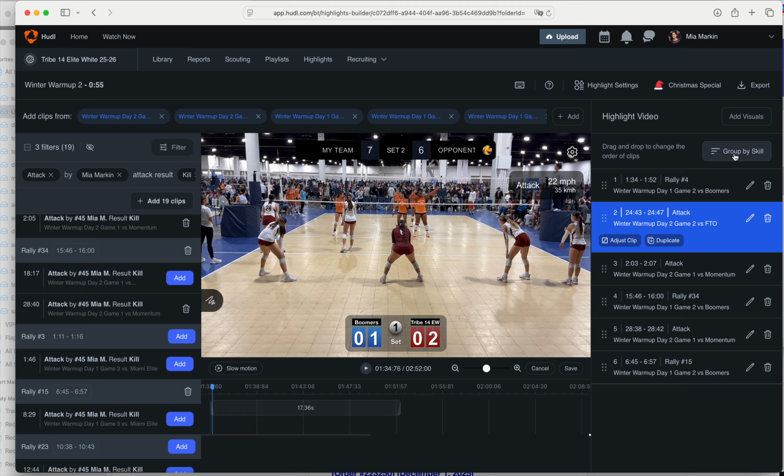Hudl will also, if you click this button, group it by skill. So they'll take all the attacks into one section and all the blocks or aces or whatever else you're grouping. It'll do that automatically. This highlight video, it's all kills, right? So we don't need to mess with that. So once you've got this in order, your next step is